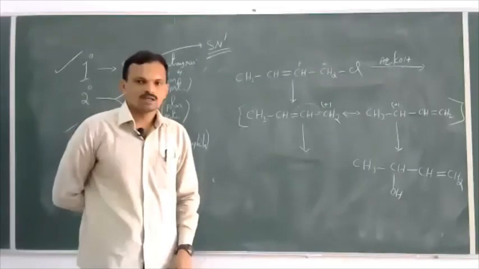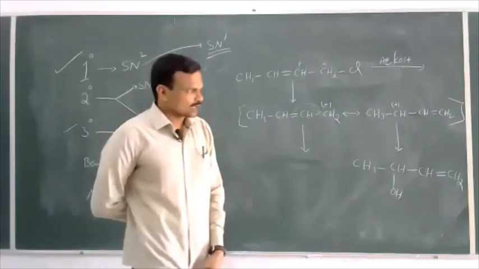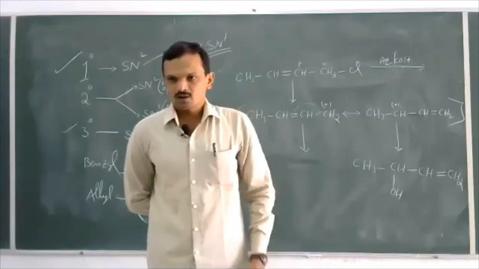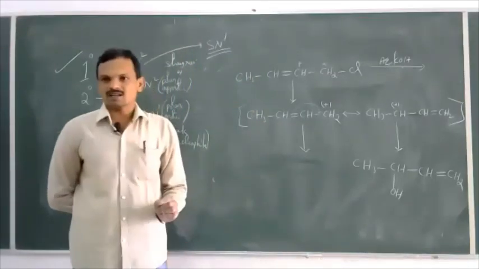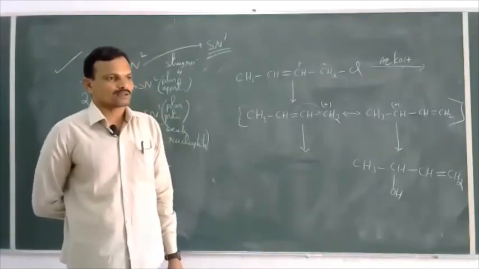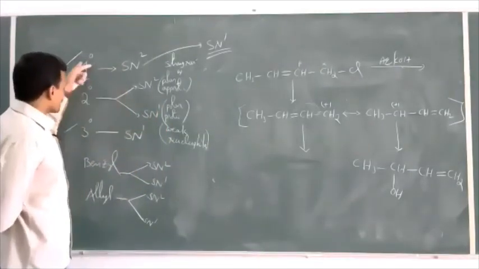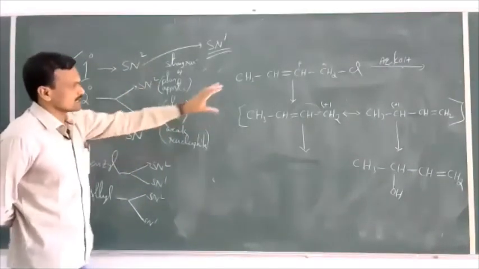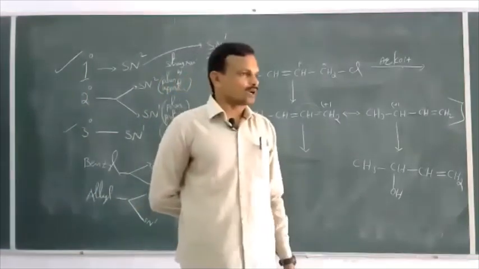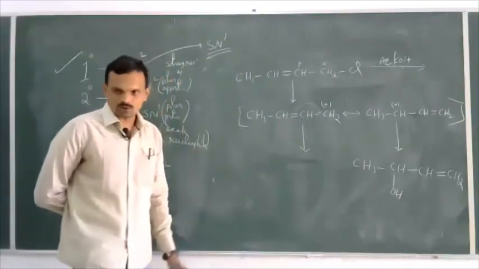So this is about nucleophilic substitution reactions, that is SN1, SN2, SNi. Out of these three, from the PUC point of view, we just require the mechanism of SN1 and SN2 and comparison of characteristics of SN1 and SN2. What is the nature of the product? What type of reaction is undergone by the given haloalkane? And this they ask from an objective point of view. By giving a compound, they will ask which type of reaction can be undergone by the given compound, either SN1 or SN2, or it can undergo elimination, either E1 or E2.